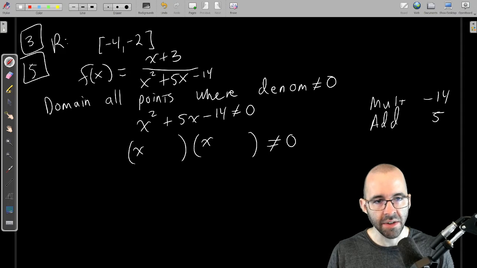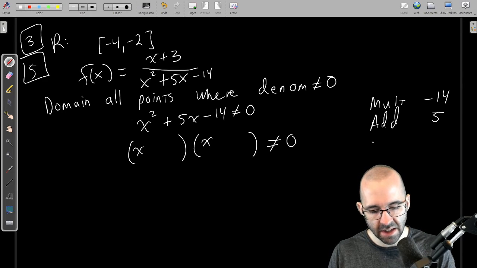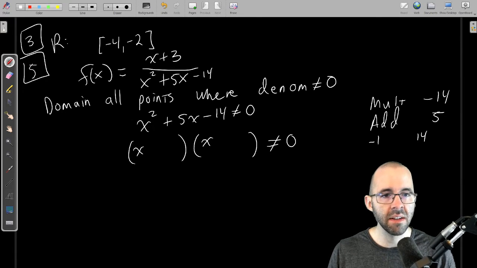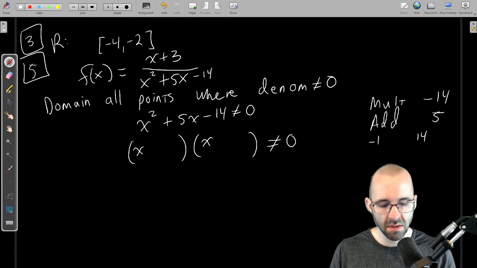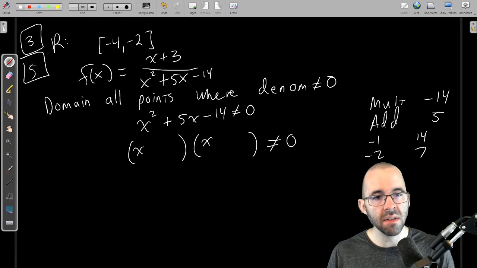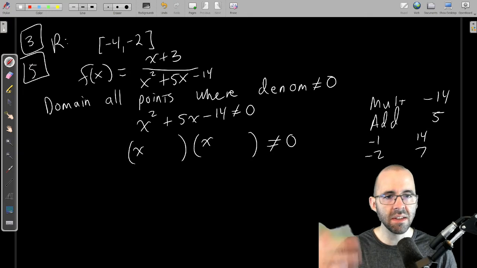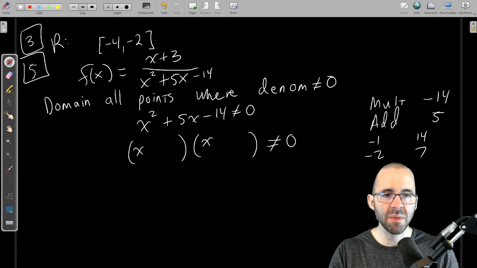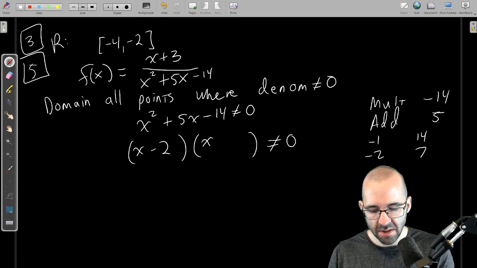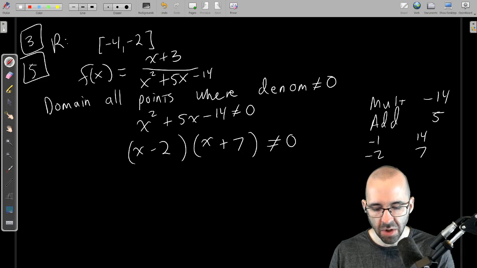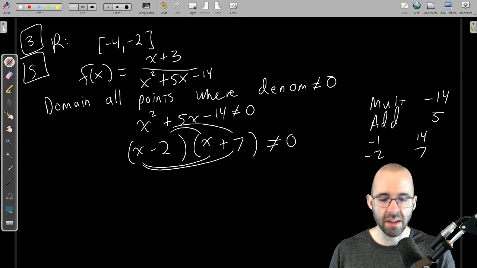All right, so we need 2 numbers that do this. Let's see, -1 and 14. Oh, that doesn't work. -2 and 7. Oh, that does work. So just list a bunch of factors. One of them is going to have a negative, factors of 14. This will be a -2 and a +7. And we can check our answer by foiling, first, outer, inner, last,